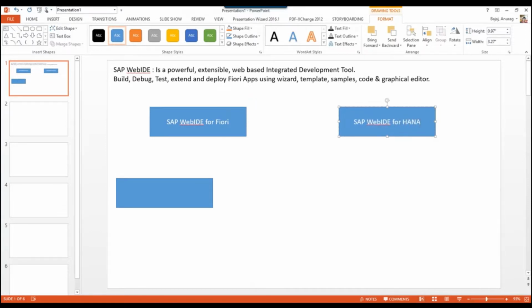Now, these are the two product offerings SAP has. One is SAP Web IDE for Fiori apps, and another one is for HANA. The one for HANA is capable of doing modeling as well. You can do your information modeling on HANA, basically creating different HANA artifacts like calculation views and analytical views. You can also create native HANA applications using SAP Web IDE for HANA. This will be out of scope for this course. We will not talk about SAP Web IDE for HANA, but we will focus more on SAP Web IDE for